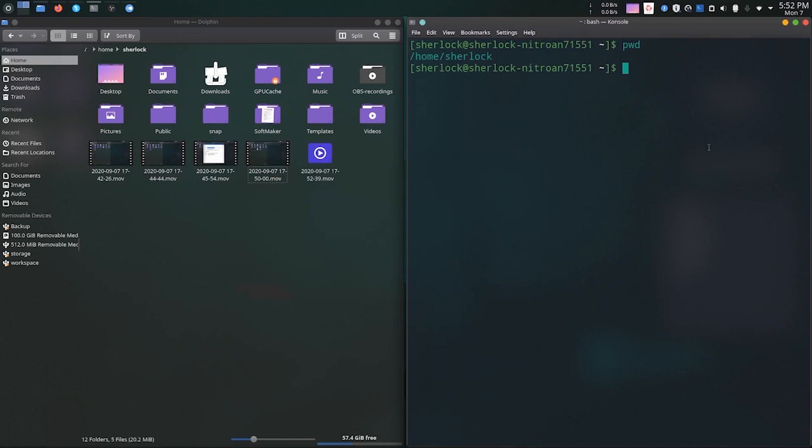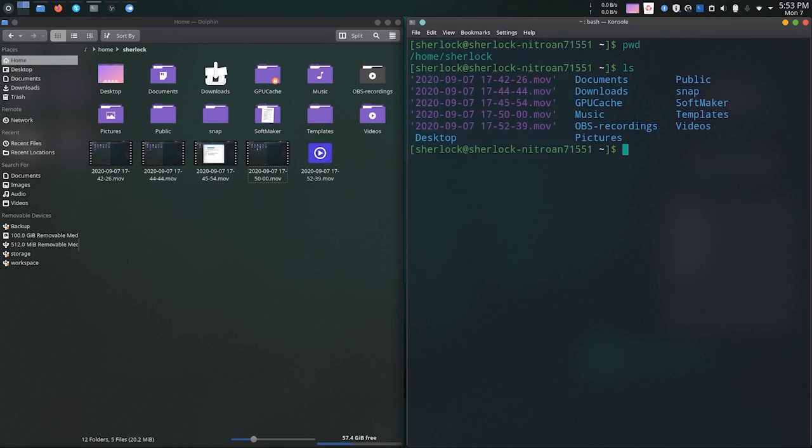Let us move to the second command, that is ls. ls by default outputs the files that are currently present in the current working directory. If I don't specify any flags or paths, it outputs the files that are present in the current directory. Currently I am in the home directory. By typing ls and hitting enter, here you can see all my files are listed. Here you can see Downloads, that is exactly the folder shown here.